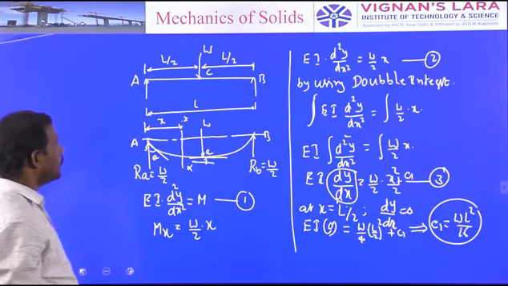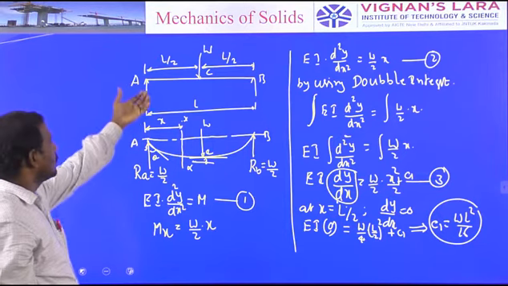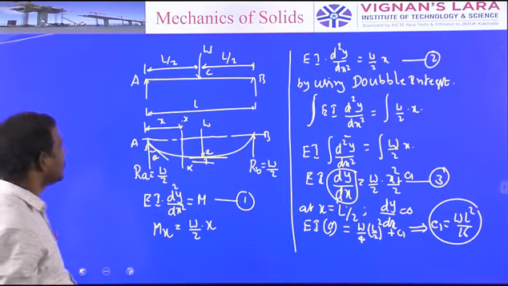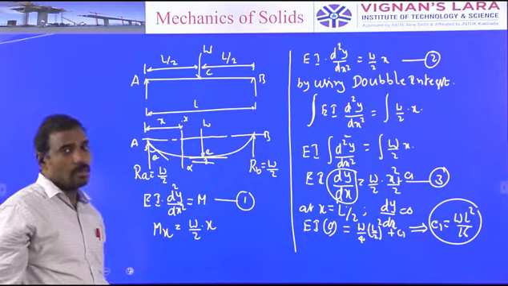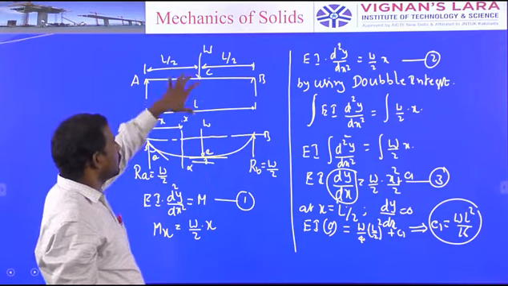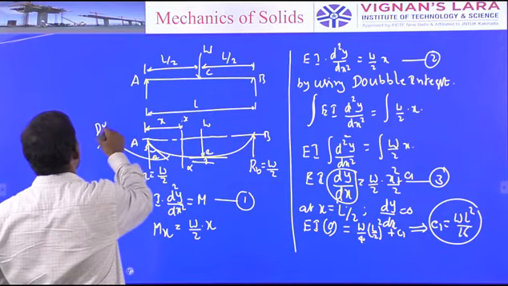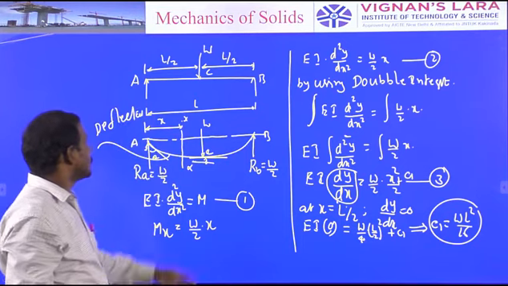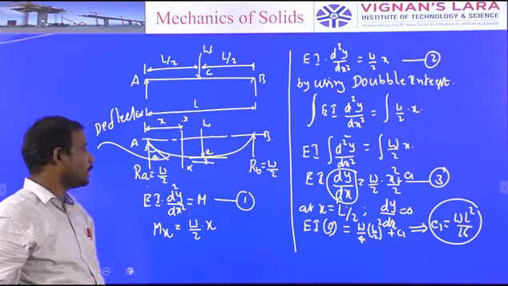So what we did really, we considered one example in which let us consider a simply supported beam of span length L, and it is subjected to a point load at mid span as shown in the figure. After loading, the beam is deflected. This is the deflected beam. So initially we have to find out the reaction forces at the supports RA and RB.